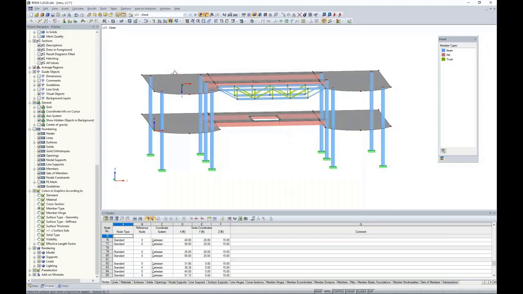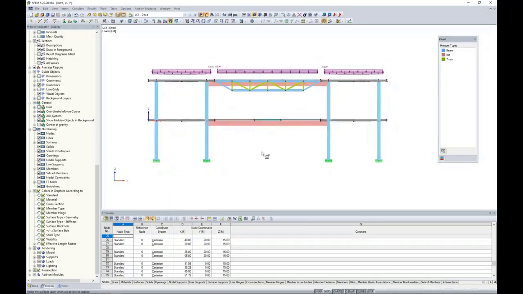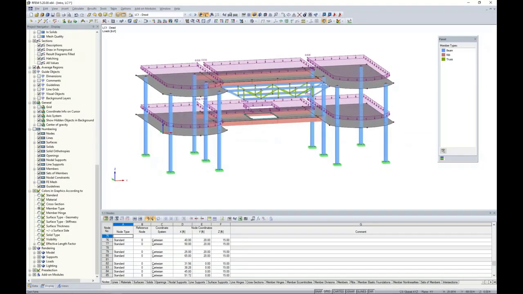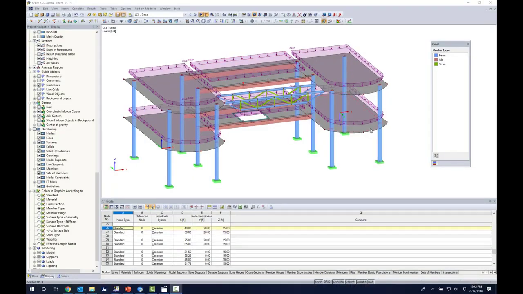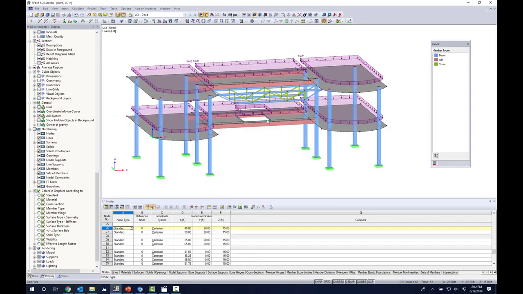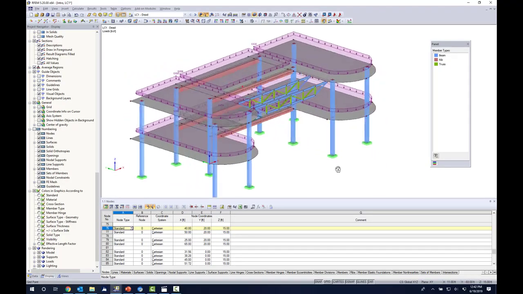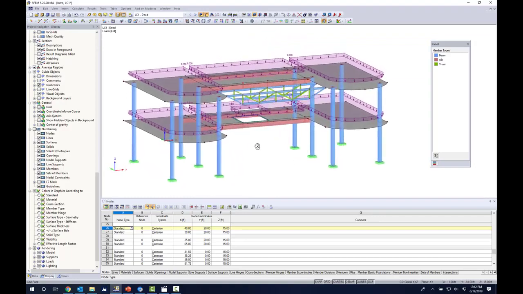I click OK, and then I just need to simply highlight over my surfaces on my second level, and I can highlight over my surfaces on my first level. You can see the program automatically accounts for the openings, and the surface load is presented to us here for dead load. So now that we have added these surface loads, we also need to account for our members that we have created with the steel truss,